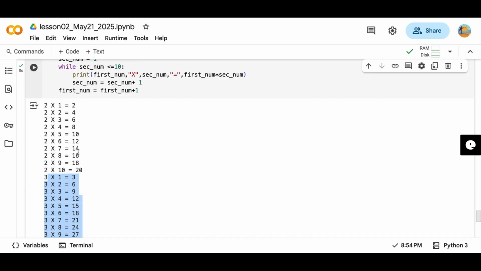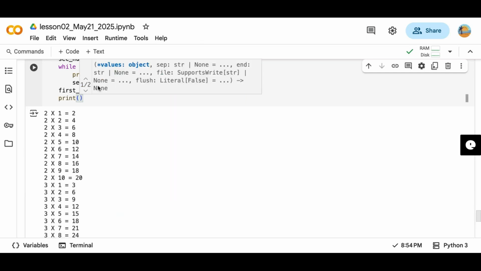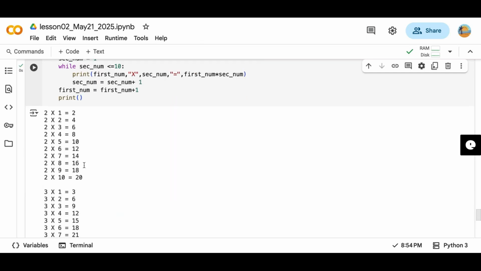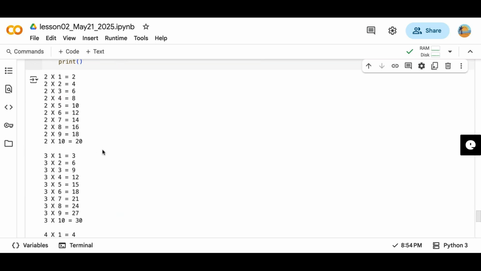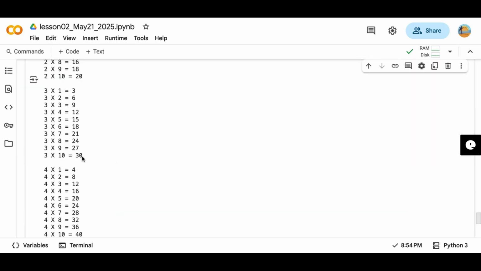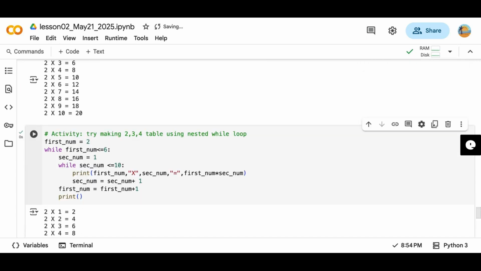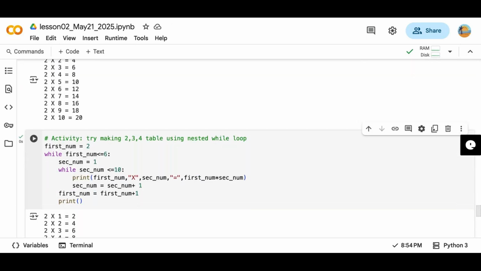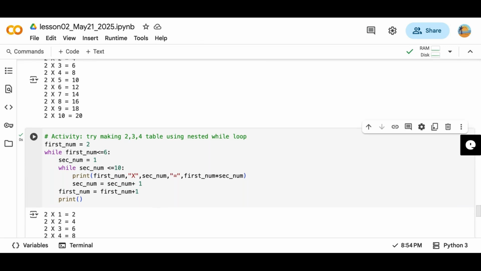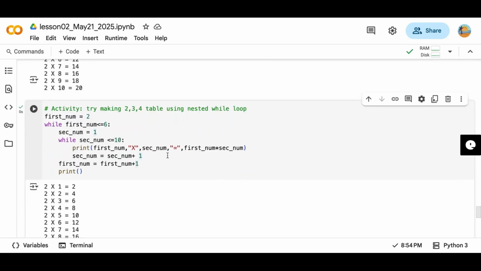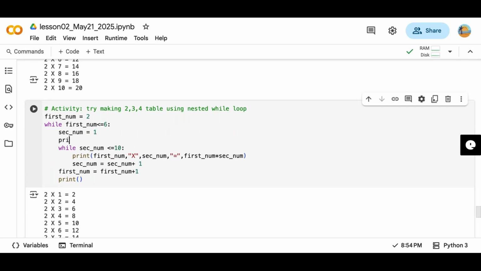Let me just add an empty print statement so that you can see one empty line. Yeah, now you can see one empty line after each table. If you just need a heading like table of 2, table of 3, you just have to see where you have to write it. If you write something here, it would repeat 10 times. So I would do it here, print